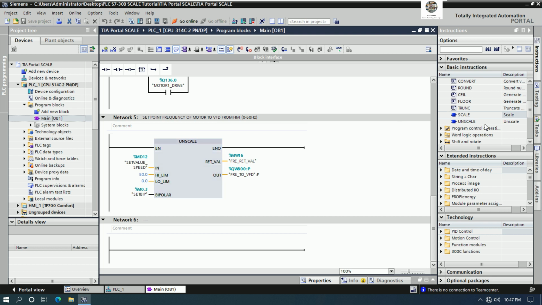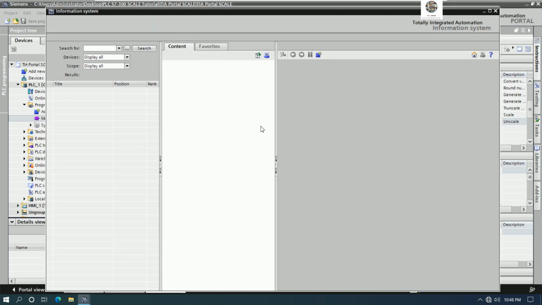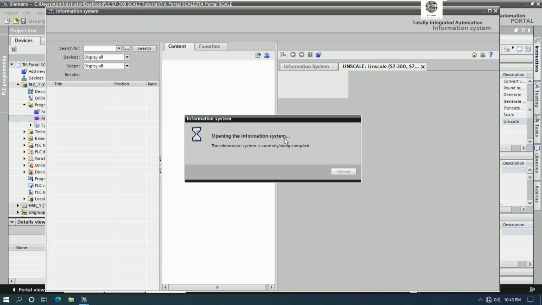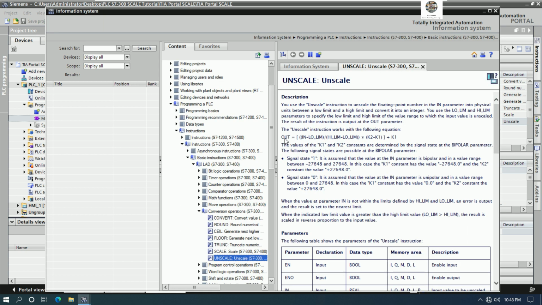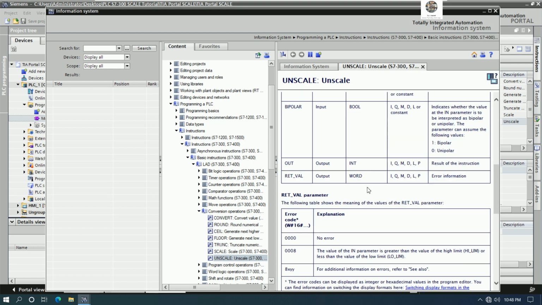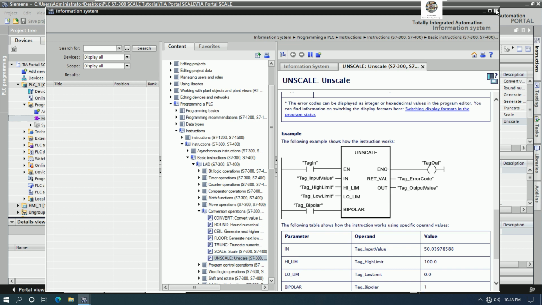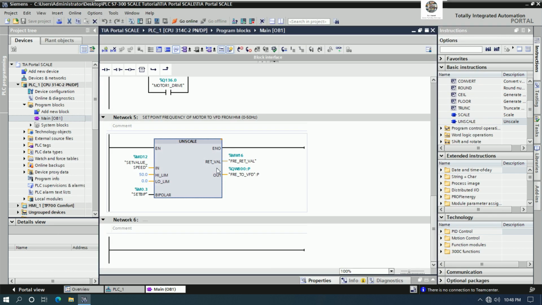So we can use it from here, drag and drop from here to the network, and then we can also press F1 to see the instruction. We will go like this, and we can read the instruction. After that we will go like this, and we can fill the address,